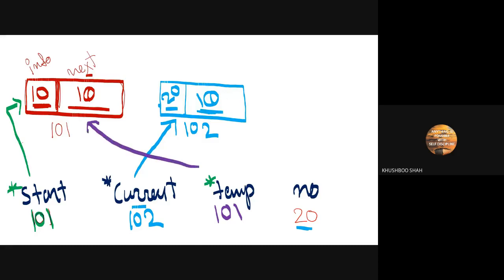This is the current situation of my memory. The start pointer will always point to my first node, the current pointer will always point to my current node, and temp will always have the value in between. Why we require temp, you will come to know, but just keep this situation in mind.